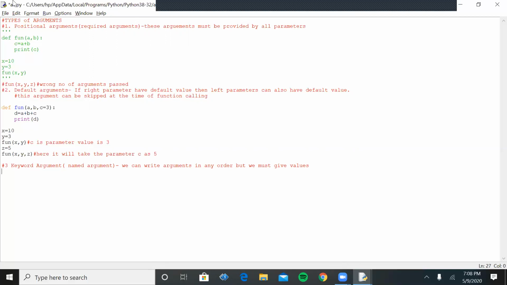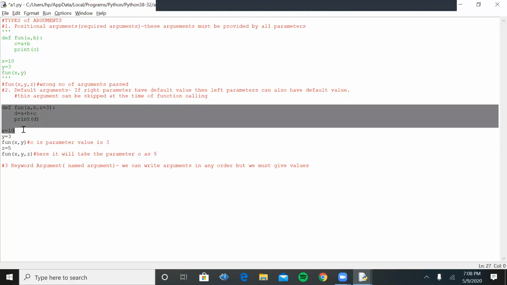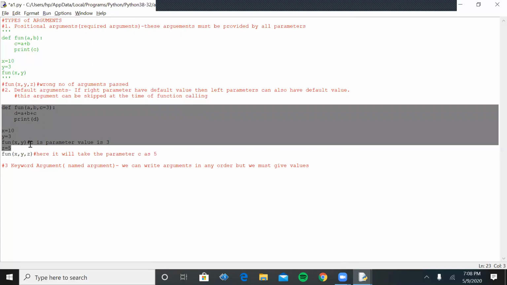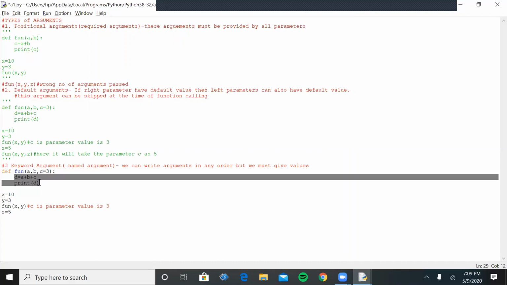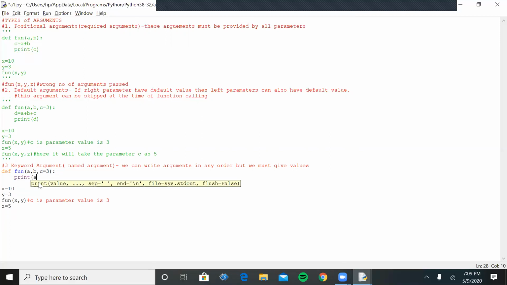Let's take an example of this again. Here I am using the same example and making the previous function a comment so that only this will execute. I'm not using this for the time being. I am displaying the values of all three parameters.